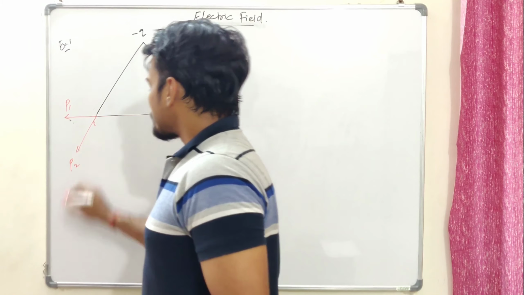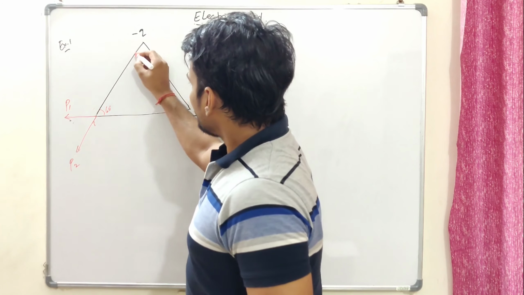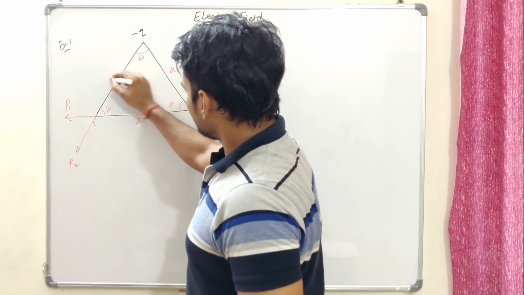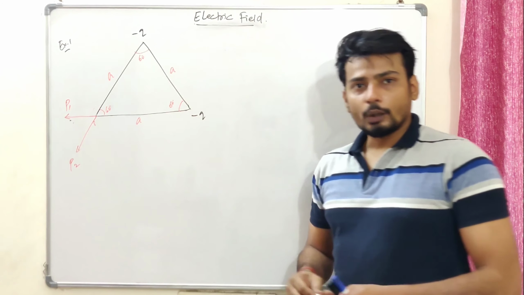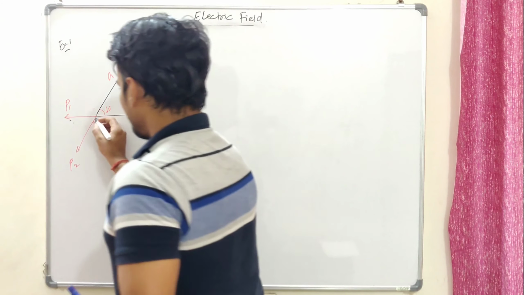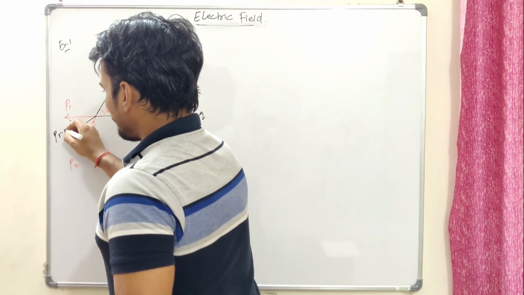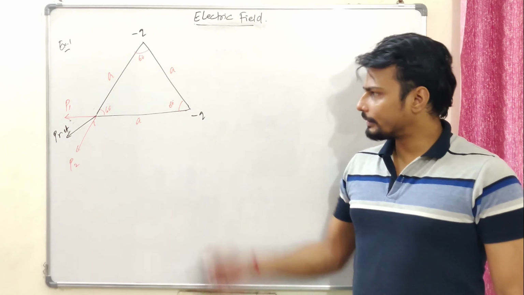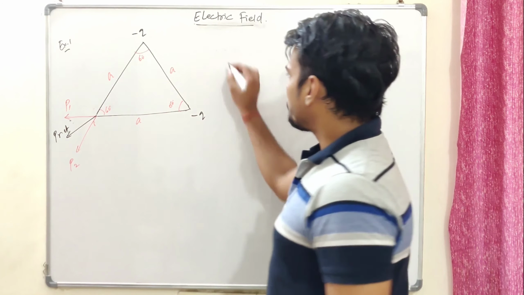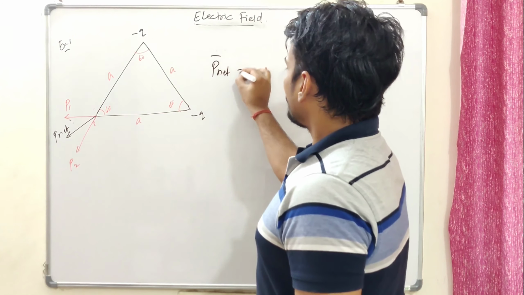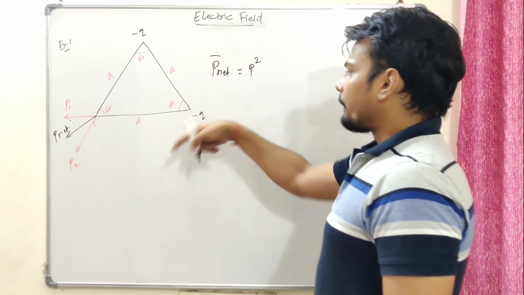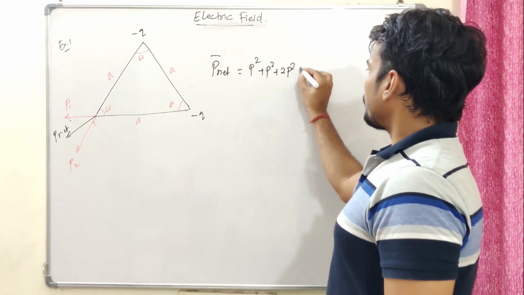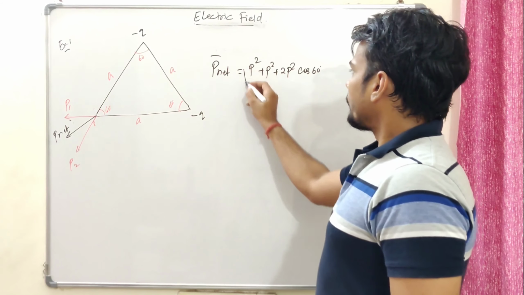And I've told you this is an equilateral triangle. So let's say it's going to be 60, 60. I'll let the side length be A. Then the net dipole moment definitely should be along this direction. That is a net dipole. Alright, then we can use the vector rules of addition because dipole moment is a vector quantity. So the P net should be your P square, and both the dipole moments are going to be equal. So I can say P square plus 2P square cos of 60 degree, because the angle between them is 60.